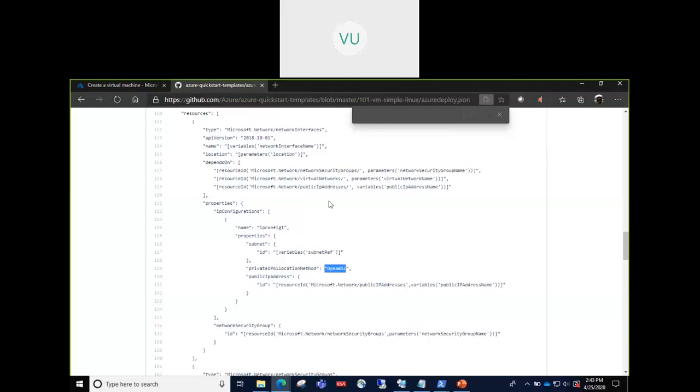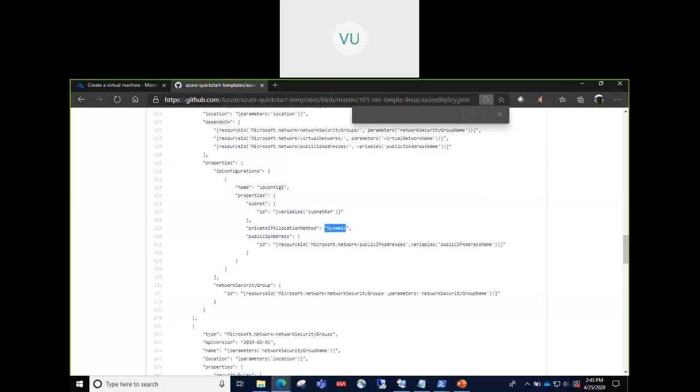It will be dynamic. That's what I'm trying to say. So the same IP address you might or might not get. That is up to the DHCP. The DHCP will decide what IP address to give to it, because it is dynamic. If you specify this as static, then the IP address will remain the same even though you restart or shut down any number of times. It doesn't matter. It will reserve that IP address for that virtual machine.